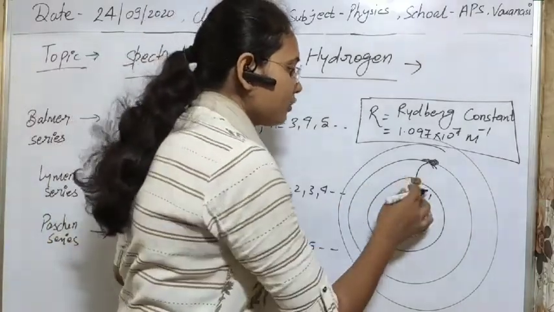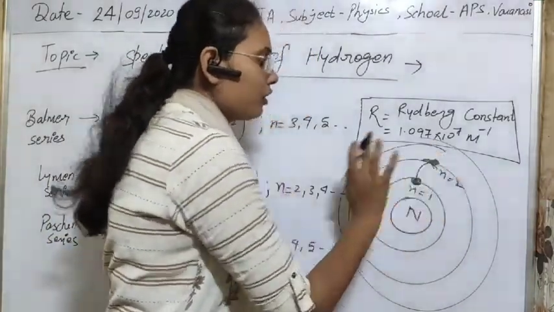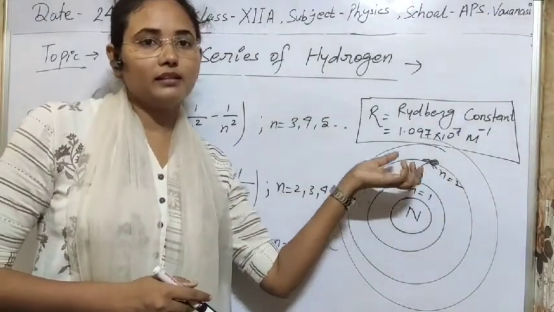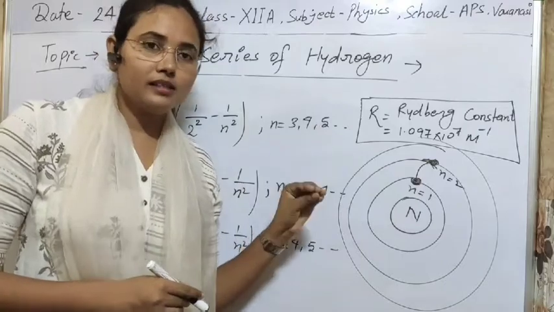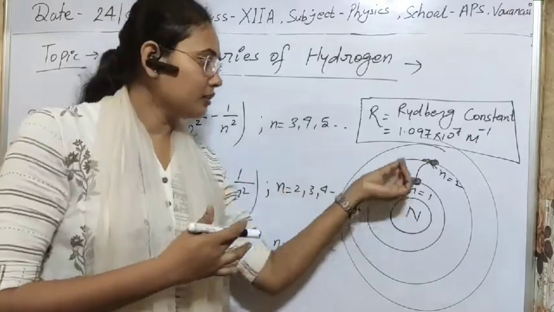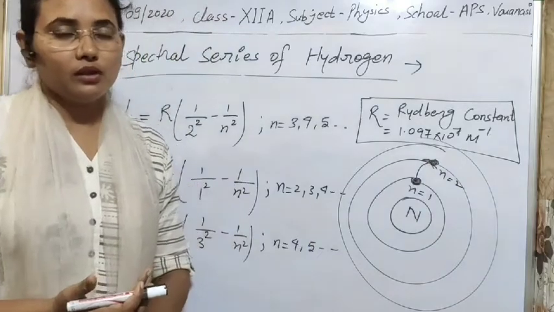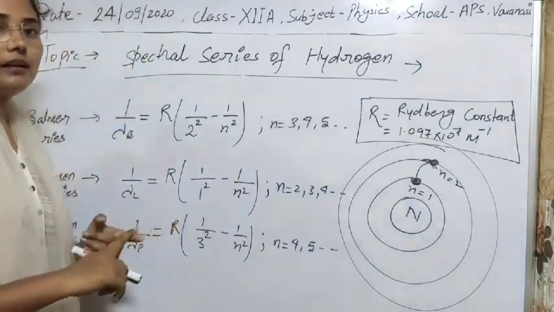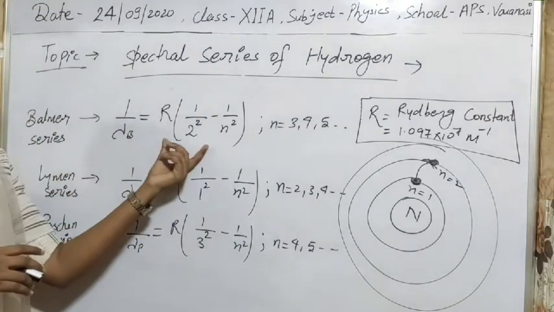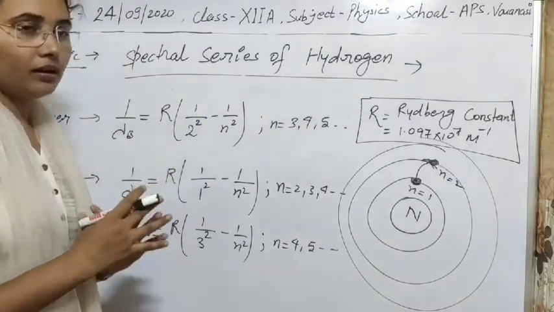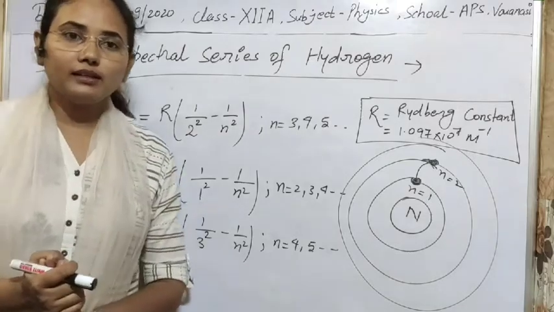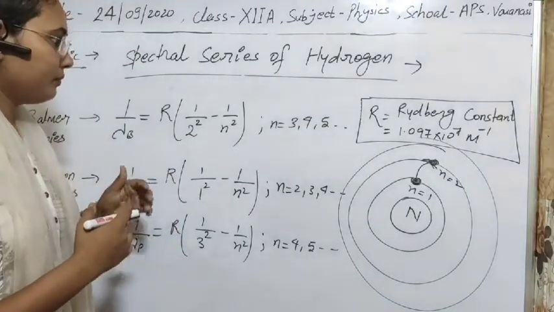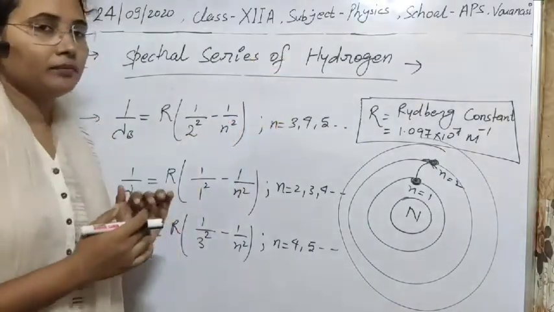Suppose the electron moves from the first circular orbit to the second circular orbit. Obviously there will be some wavelength of light or energy absorbed by this electron to make the transition. The energy and wavelength absorbed in this transition we can easily calculate. First, Balmer calculated this, and Balmer explained the spectral series for hydrogen.